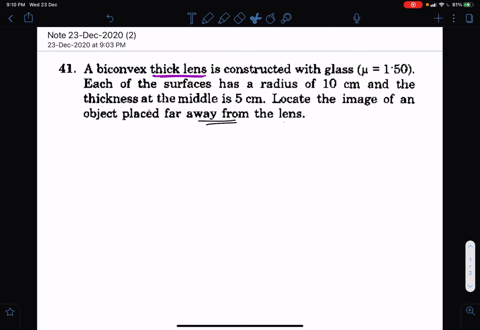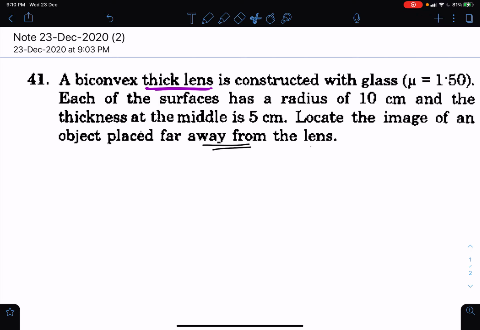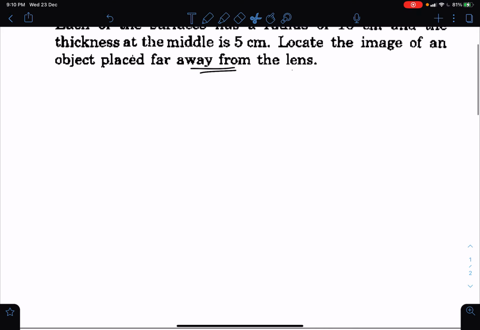So this is question number 41 from the chapter of geometrical optics from H.C. Verma. Now here in this question it is given that the lens is thick. So we can't use the formula 1 by v minus 1 by u equal to 1 by f, because the lens maker's formula that we generally use is valid only for thin lenses, whereas here the lens is thick, which means the two poles of the two refracting surfaces which the lens is made up of are not very close